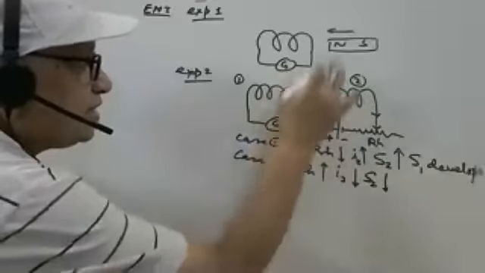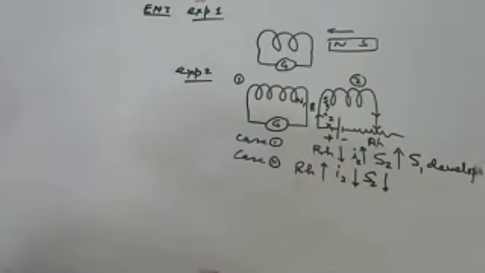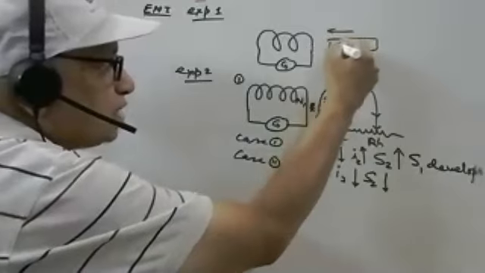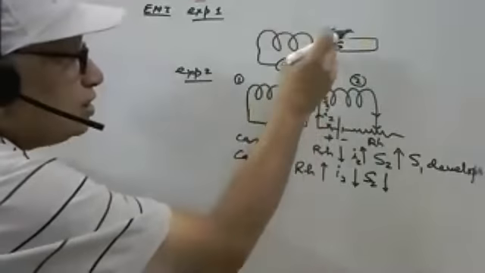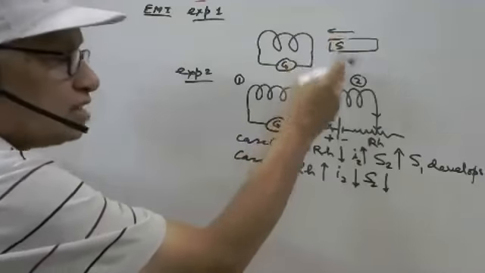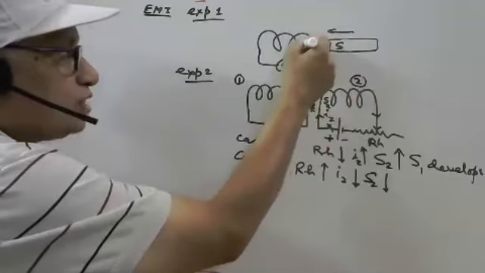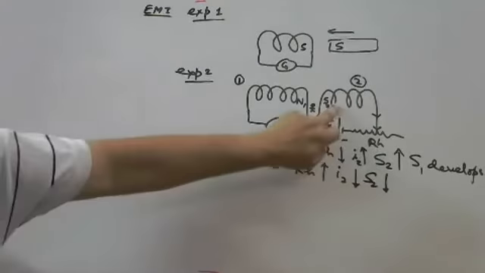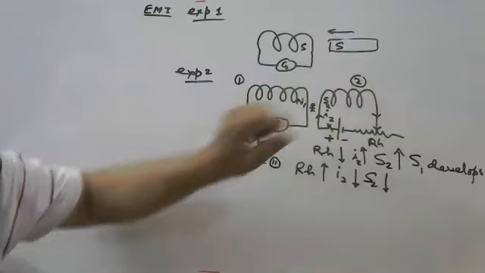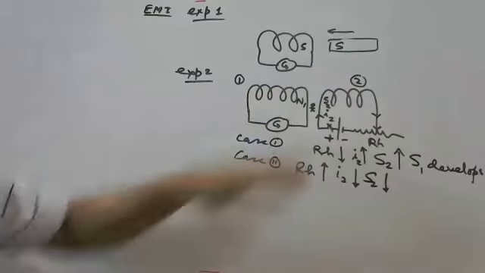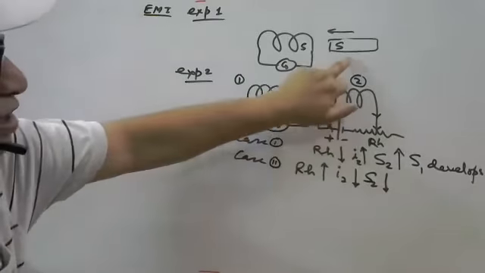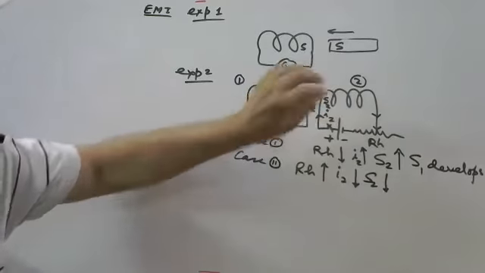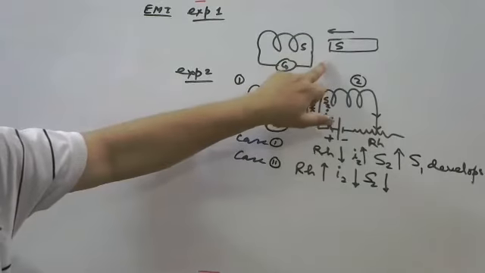In the previous case, suppose north pole is developing here. I am taking here south pole. Suppose south pole is coming here, so the number of lines of force are increasing, so south pole develops here. Action is opposed. Suppose south pole is becoming stronger, it means this south pole is coming closer. So lines of force are increasing, linking flux increasing.